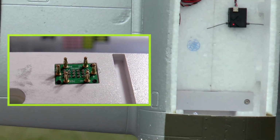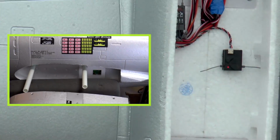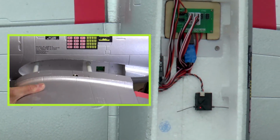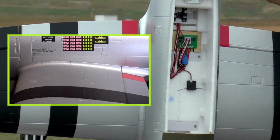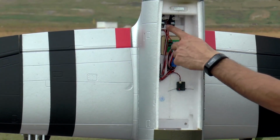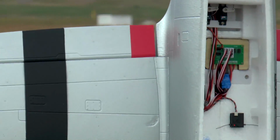All your bullet connectors go in for your retractable landing gear, your flaps, your ailerons, and your wingtip lights, because the plane does have wingtip lights on it. And then all you do is secure those 4 screws and your wing is on and you're ready to go with that. You can see here your digital metal gear 17-gram servos in the back here for your aileron and